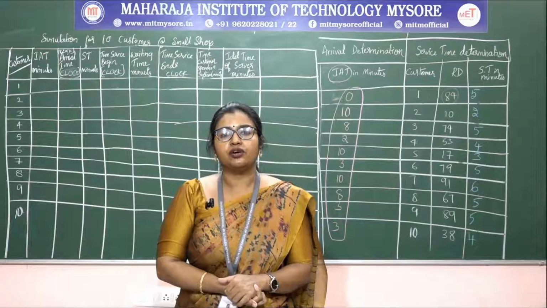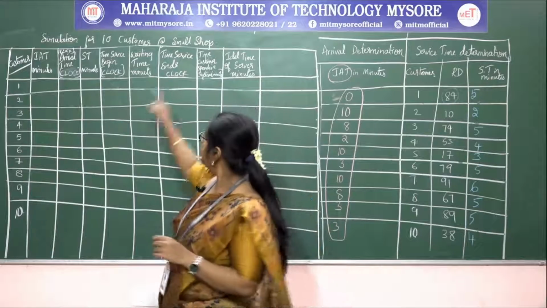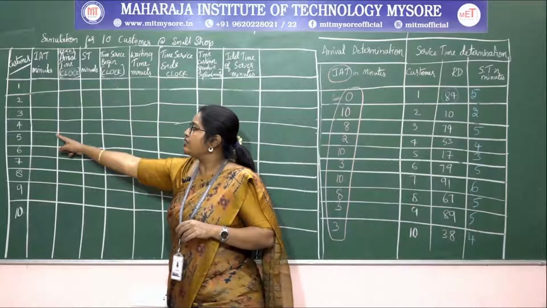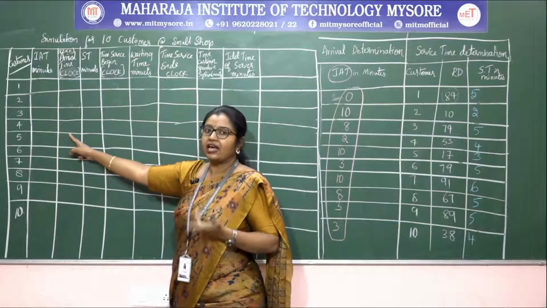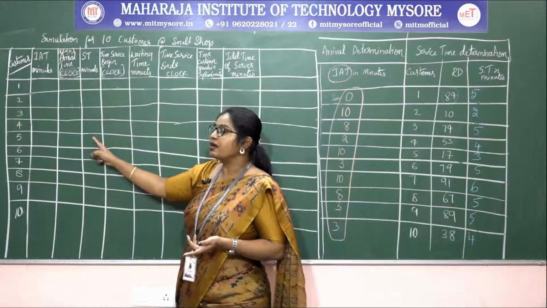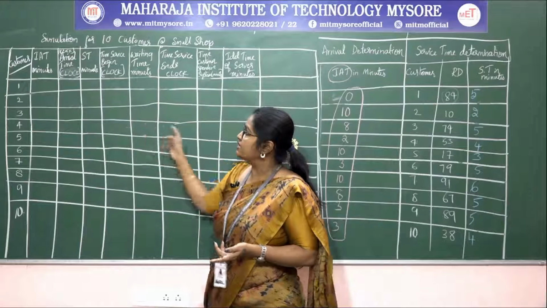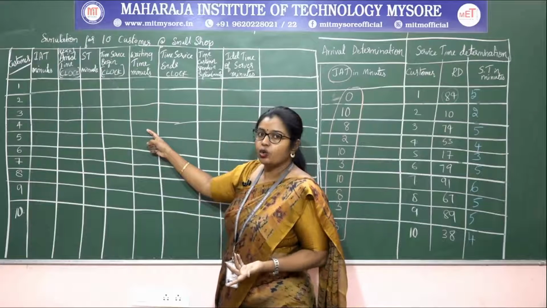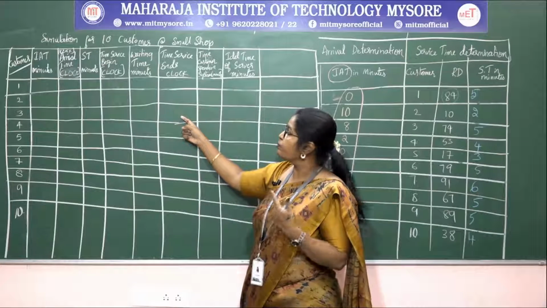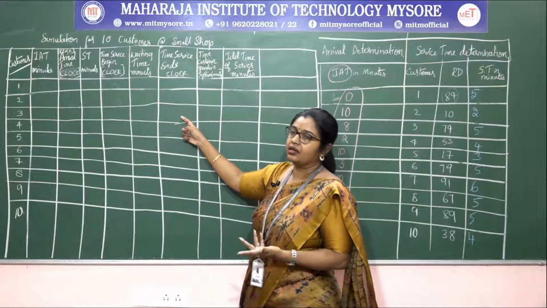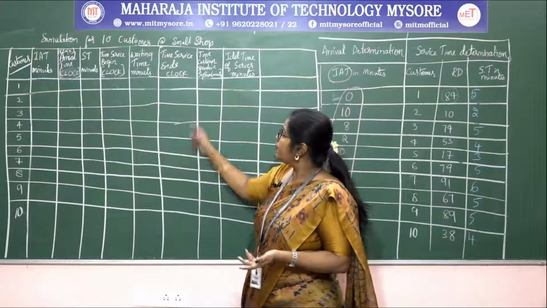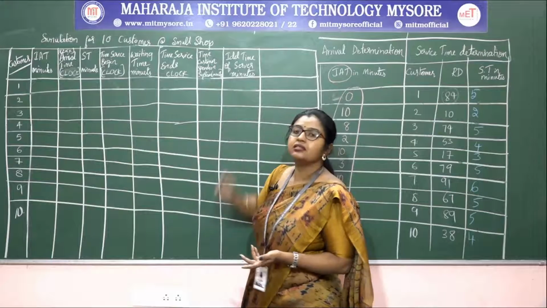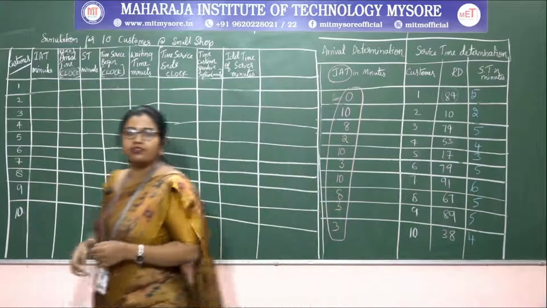Based on that we need to generate the columns, but up to service ends is mandatory. Based on the inter-arrival time we calculate arrival time, and then we have service time. Based on these we calculate the rest: at what time the service begins, whether the customer is waiting in the queue or not, and at what time the service ends. We record that, and based on this we calculate the time customer spent in the system and then the server idle time. So let us calculate from the start.